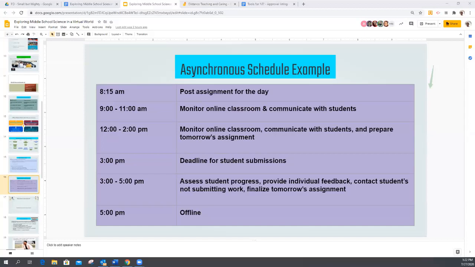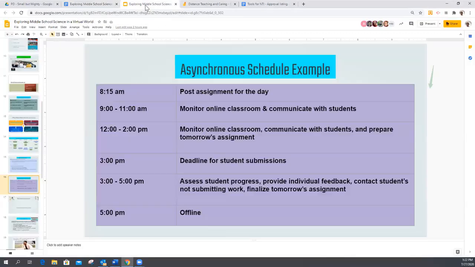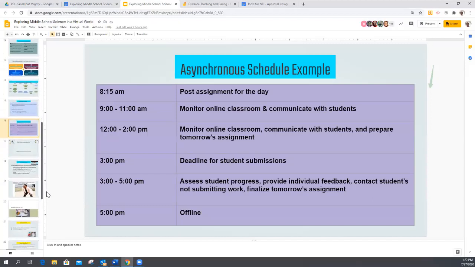And so hopefully some of these things help, like the Onward Together document that Michelle's talking about. Remember it's linked in the agenda. Let me pull the agenda up real quick so you can see it again, for some of you that maybe came on later. You'll see that document is right here, the Onward Together. You can click on that and see what the district is saying at this point. Okay. Somebody asked about time for kids to access stuff from the food sites. I don't know about that. That would be, once again, a district thing, and we'll just have to wait and see how that pans out.